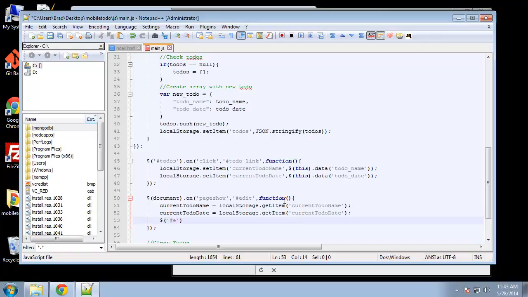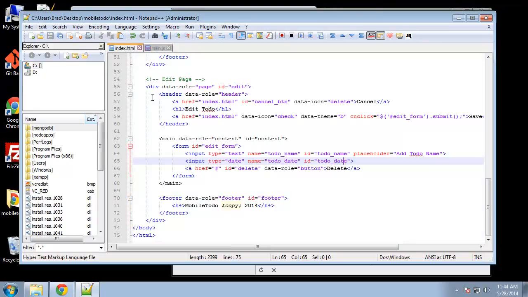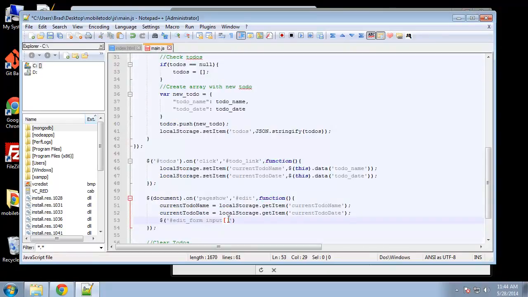So we're going to look in the edit form input, and we're going to grab it by its name. Grab the inputs by their name, which is the same thing, to-do name and to-do date. Okay, so input name, actually we don't need quotes there, to-do name